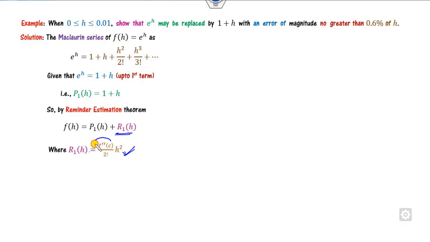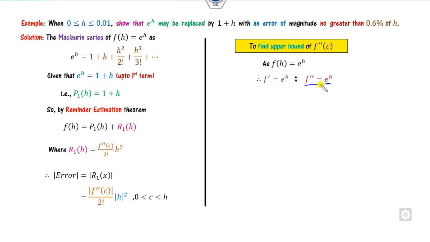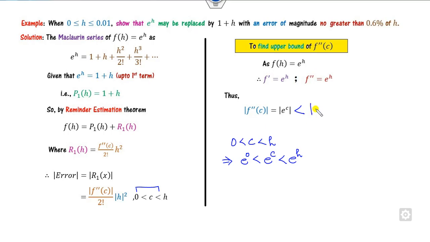So the target is to compute only the bound of f double dash of c. So what is f(h)? This is e raised to power h. So we can take the second derivative. What is that? This is e raised to power c. Again, c lies between 0 and h. Because of the increasing function, it can be written like this. So it is less than e raised to power h, and h is